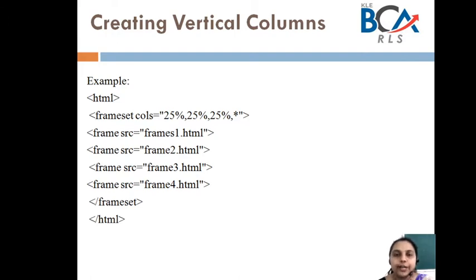So we have created 4 frames, so we have 4 separate files: frame1.html, frame2.html, frame3.html, followed by frame4.html. And then we have closed the frame set tag followed by the closing of the HTML tag. So this is our source file. This is where your frames are going to be created.